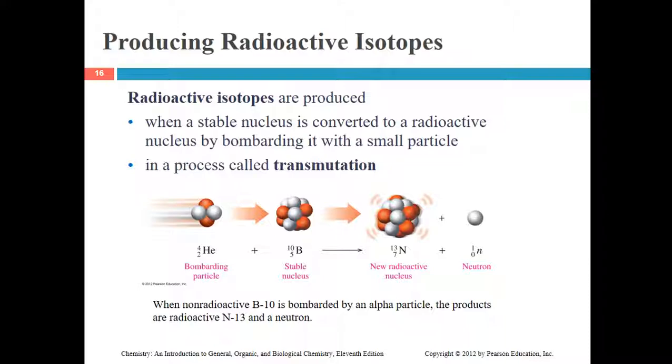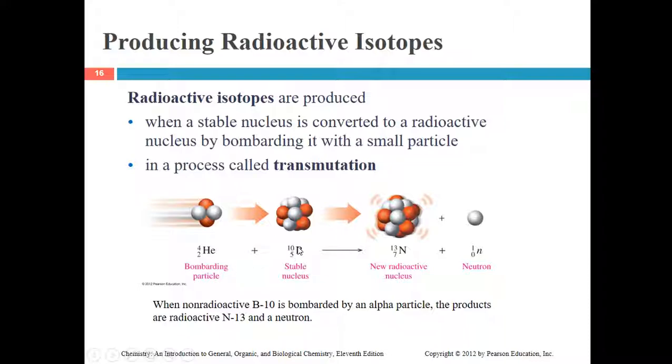Now, radioactive isotopes are produced when a stable nucleus is converted to a radioactive nucleus by bombarding it with a small particle in a process called transmutation. So we can go ahead and bombard things, with nuclear bombardment, and we can create bigger but usually unstable, i.e. radioactive nucleus. Now notice it mentions that we have a non-radioactive